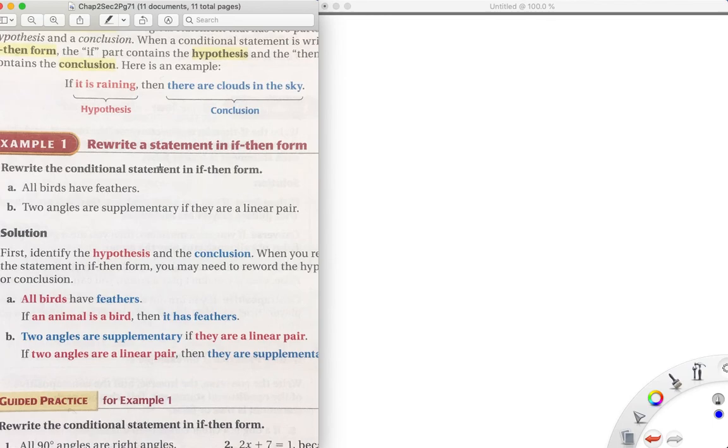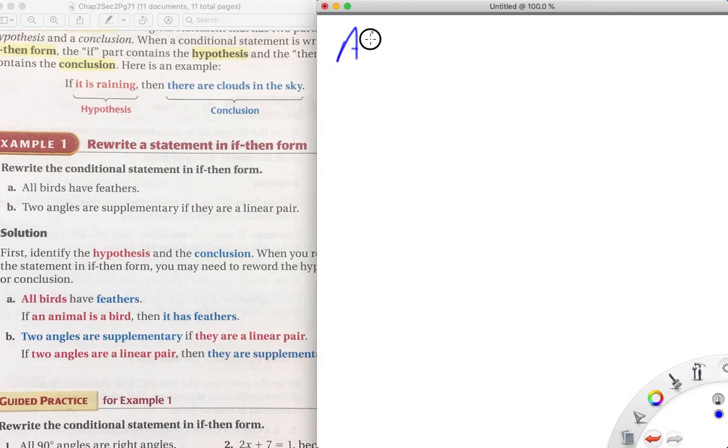So they give us a scenario, and they want us to write these in the form of an if-then statement. And we have: all birds have feathers. So usually,